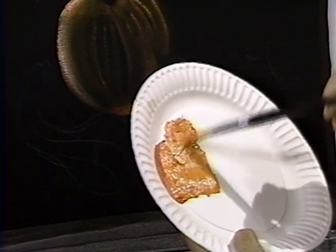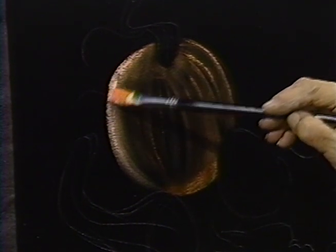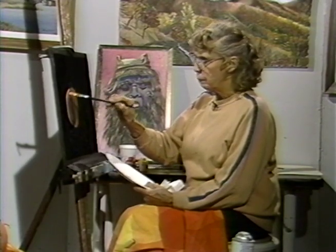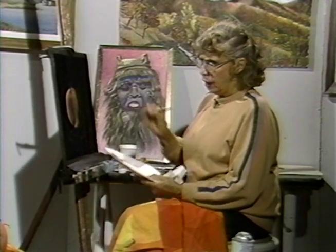And acrylic paint tends to be rather thick, but it has to be in order to be able to pile up the pigment on this velvet in order to get this brilliant highlight. I think with the close-up, you'll be able to see what I'm talking about. That the highlight has to be as thick as you can get it in order for it to show. Then I've got my blue here, which is the other primary color, and which mixed with yellow becomes the green that you may want. If you want to subdue the green, you put a little bit of orange or red into it. Now I'm going to